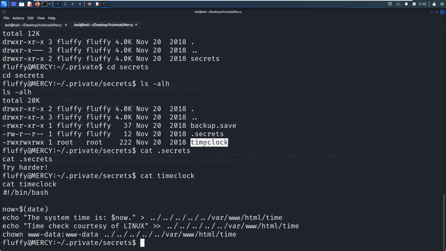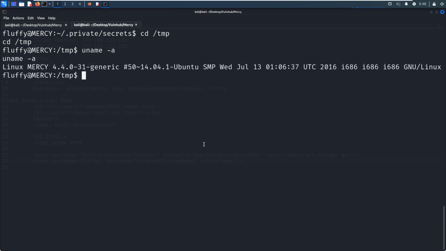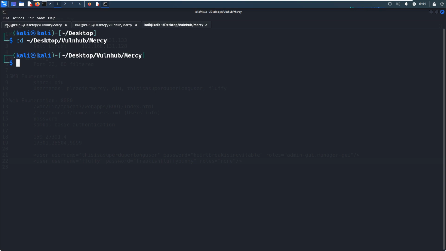How to do? We can go to the temp directory. Of course, we need to check the architecture. This is 32-bit architecture. So next, I'd like to upload the PSPY utility. PSPY, because I want to know whether there is any process which will run this script regularly.